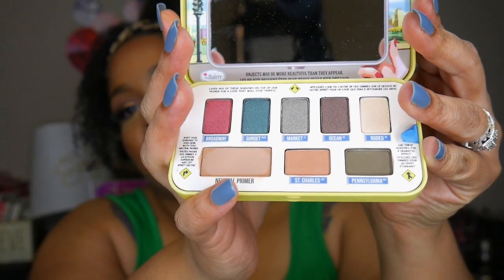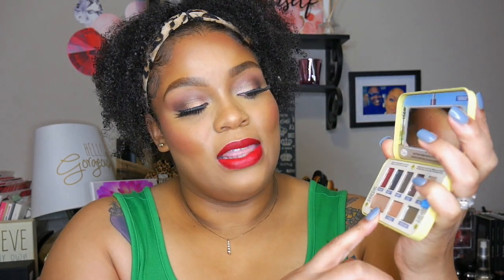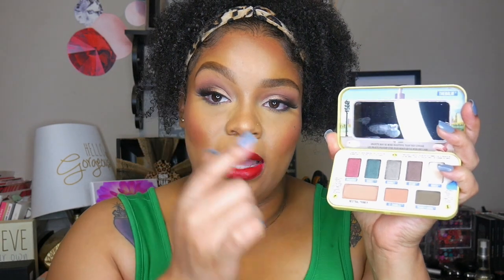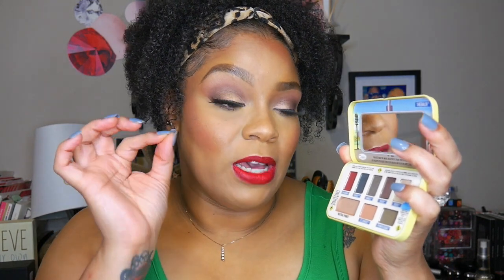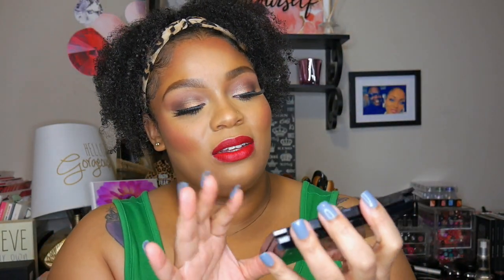This palette was really really nice. I did use this on my eyes in conjunction with the other palette that I received as well, but this is just what it looks like. All of the colors on top are shimmer colors, and I didn't use any of those, but what I did use was this right here, which is a primer for your lid. It's a neutral primer, and then I used the St. Charles color down here as my transition shade. I deepened my eyeshadow. The really deep color that you're seeing is this Pennsylvania shade. So I did use this whole bottom row here on my eyes, and then I used it in conjunction with this beauty right here. This is the Douce Freematic